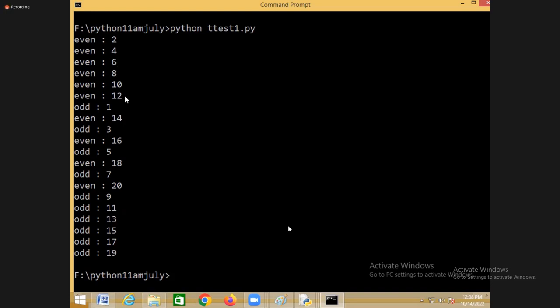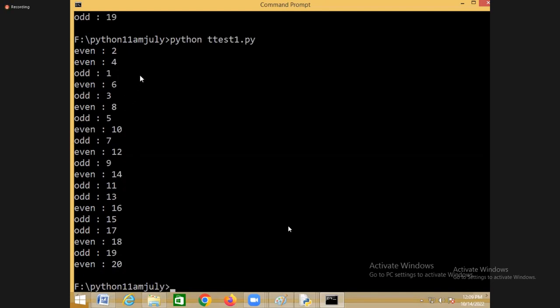Suppose the even thread is given some time and within that time it generates 6 numbers. Then the odd thread is scheduled, but within that time it generates only 1. Then it switches to the even thread, then the odd thread, even, odd, even. Once execution of the even thread is completed, the odd thread executes. But will this output be the same always? No. If you execute again, you may get some other output